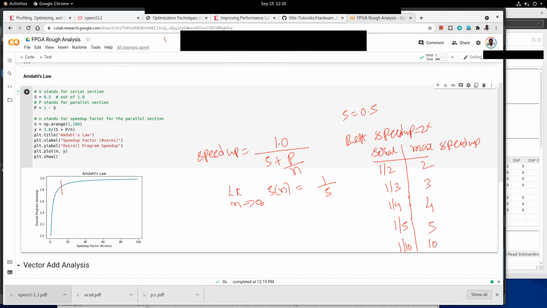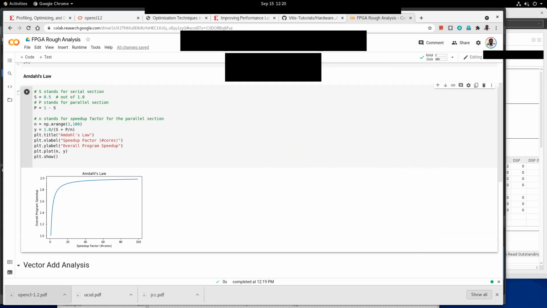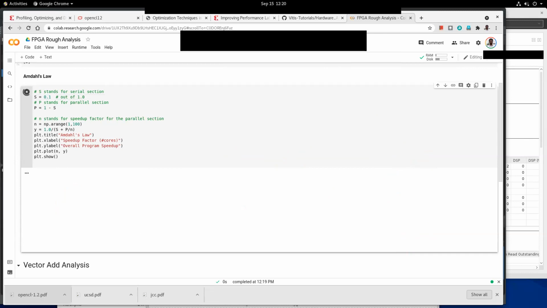Related to this, if you see, this may give a pessimistic picture. For example, even if the serial portion is, let's say, 0.1, the maximum speed up that we can get is 10, and you may think, what's the point of using an HPC cluster with 100 GPUs in it, for example?